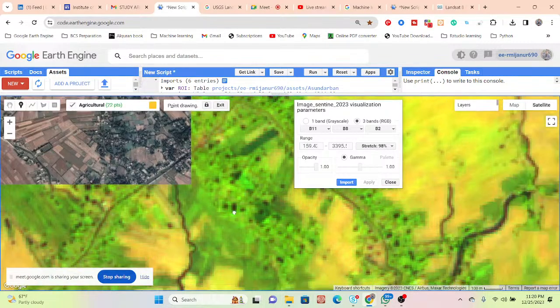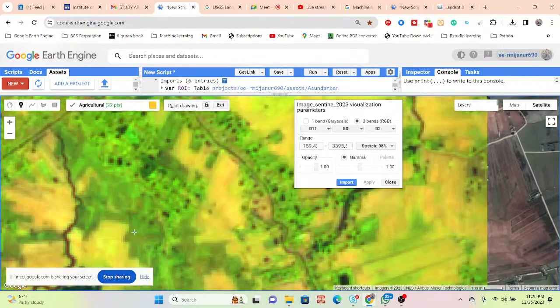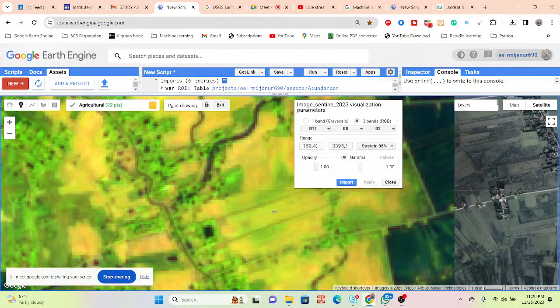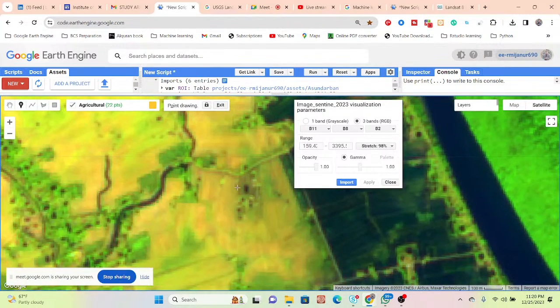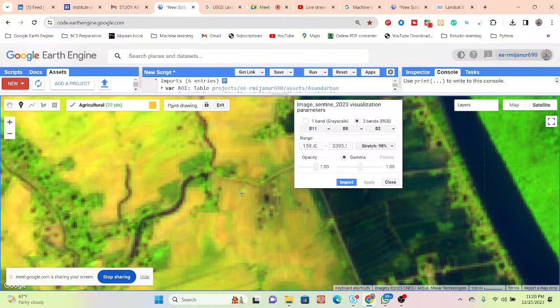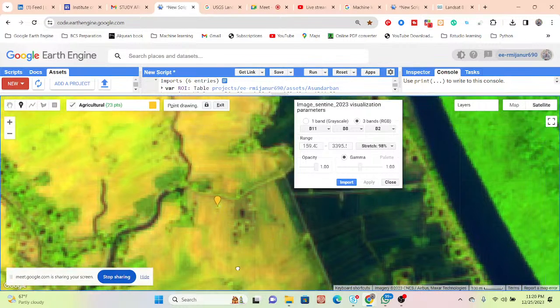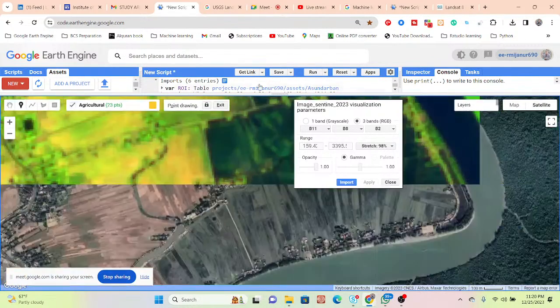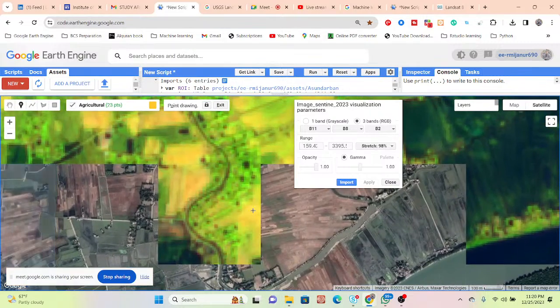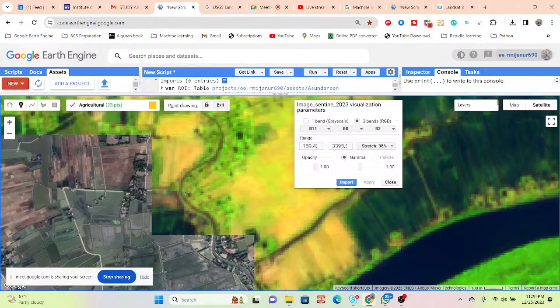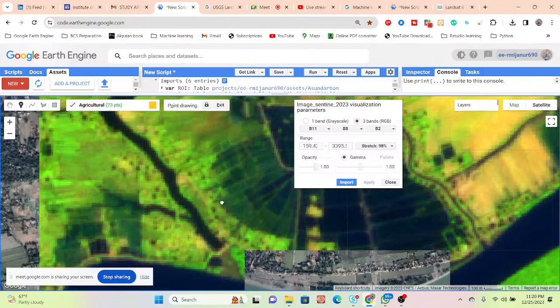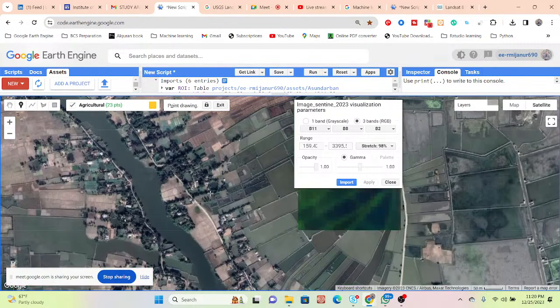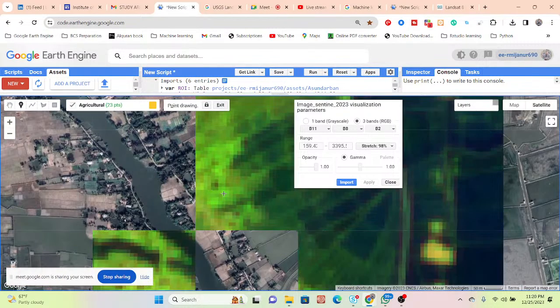A piece of vegetation or the agricultural land. Okay, this light green. Take. So here also get this.